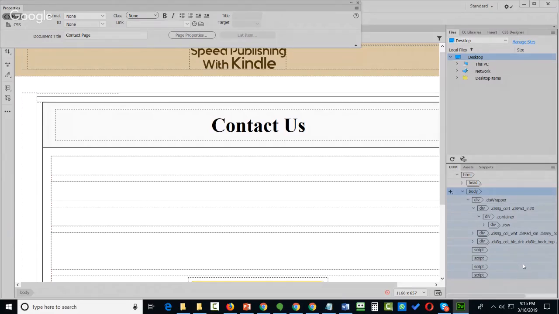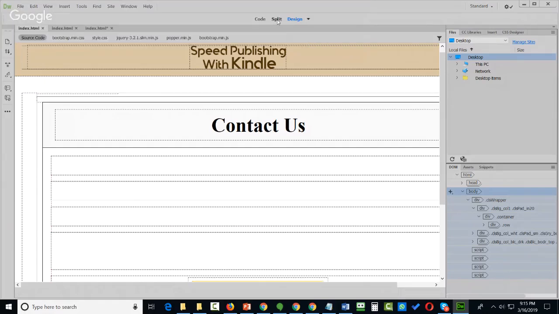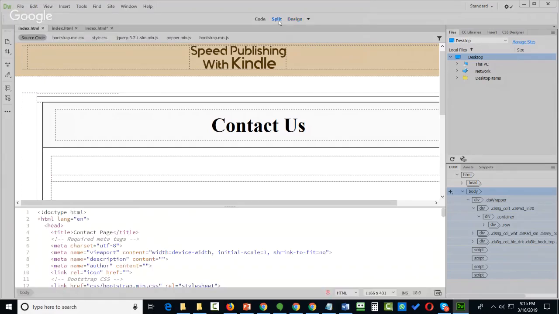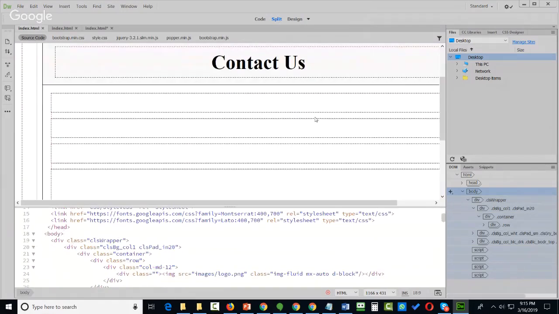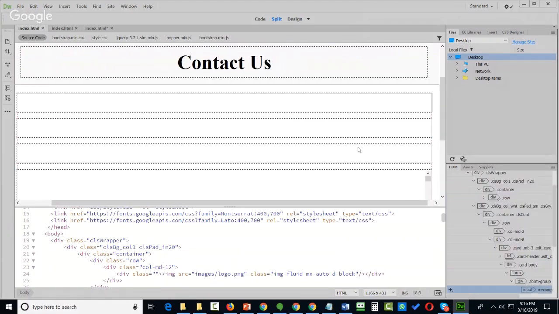Okay, so we have this form, right? So I'm going to get rid of this. I'm going to get rid of this area. We're going to split this so we can see the code also. And pretty much you have this area that's the contact form, and so what I would do with this,